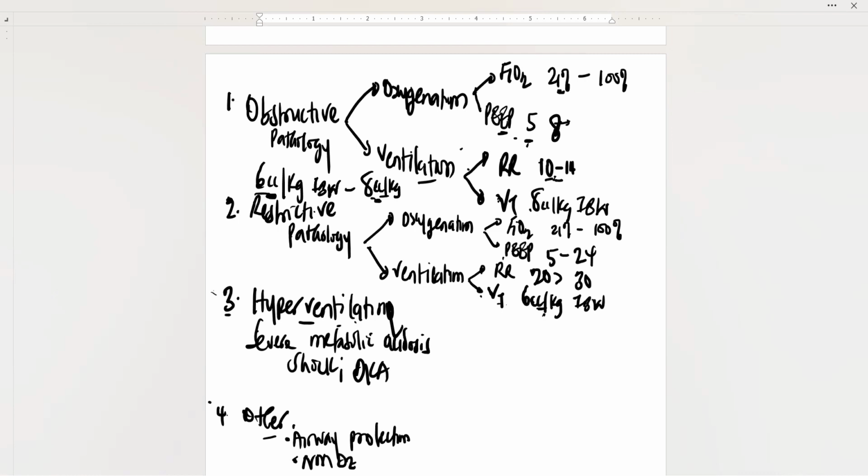The next is the hyperventilating group. Similar principle for the oxygenation. So the FiO2, same thing, depending on how bad the hypoxemia is, will be anywhere from 21% to 100%. And then most of the time, these patients usually require the minimum amount of PEEP, so we can set their PEEP at 5, depending on how bad their hypoxemia is. And then for what's going to work with ventilation,